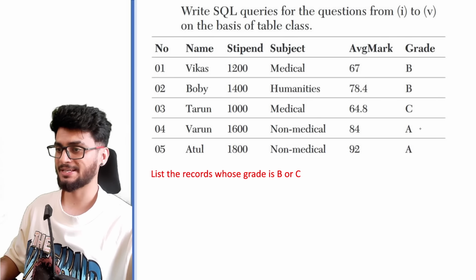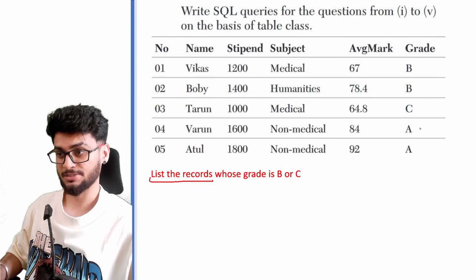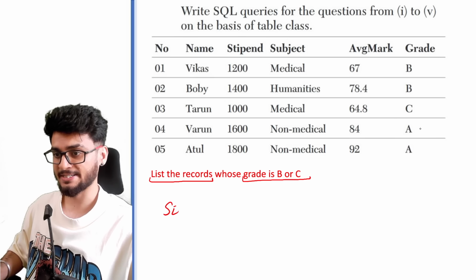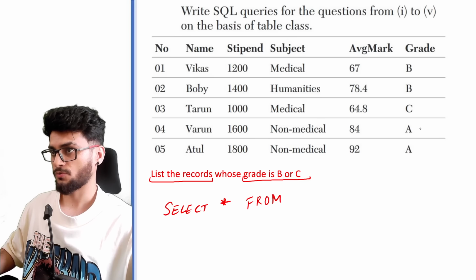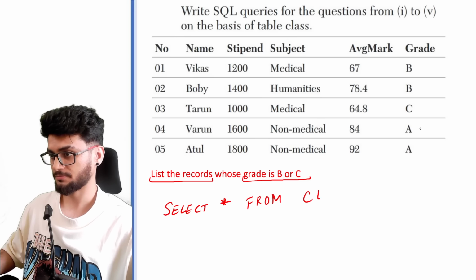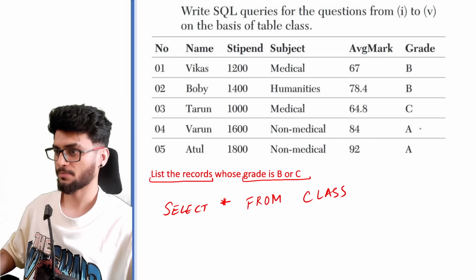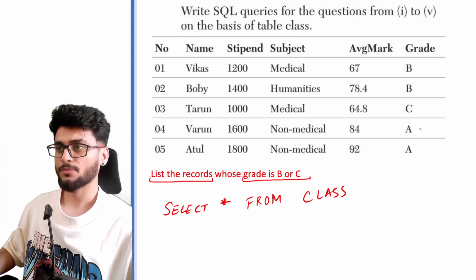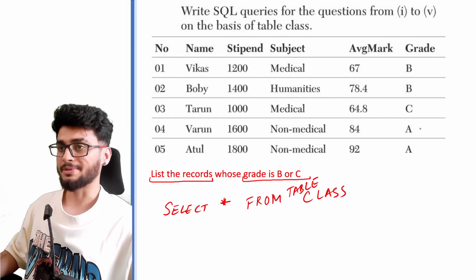List the records whose grade is B or C. We only need to list the records जहाँ पर आपका grade B है या फिर C है. So again we use the select statement. Select star from class, from table class, then